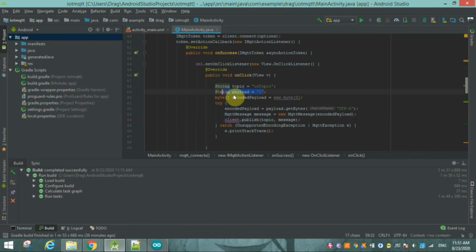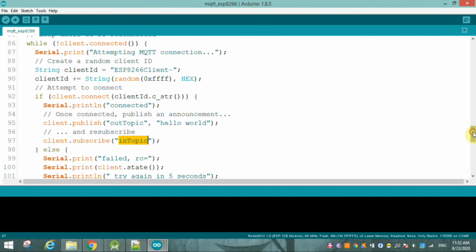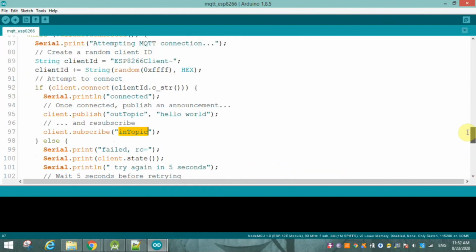Now payload is 1. When you click on the button, it will send payload 1, and after receiving this payload 1, find this over here.